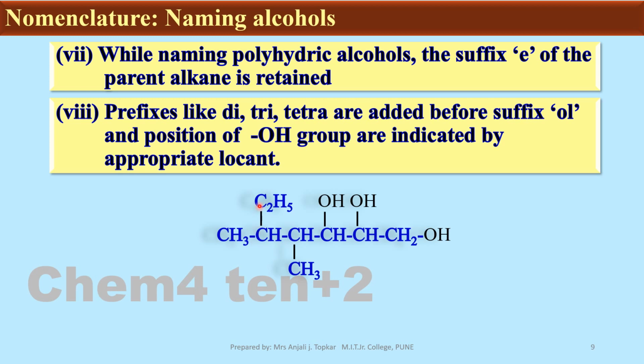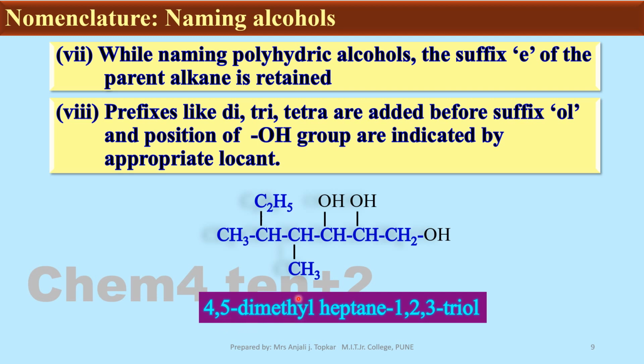Since it contains 7 carbon atoms, it is the derivative of heptane. Now in this longest chain, the 4th carbon atom has a substituent CH3 attached. To the 5th carbon atom, one more substituent, a methyl group, is attached. To the first, 2nd and 3rd carbon atoms, OH groups are attached to each. Therefore, the name of the compound is found to be